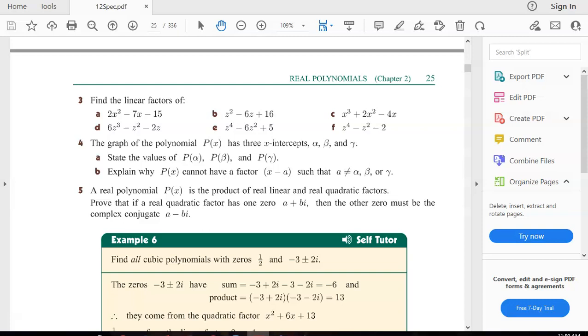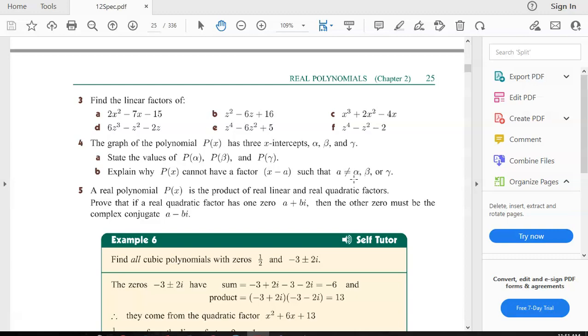And why can't this one be a factor? Because p of a is not one of the x-intercepts, right? If p of a, if x take a equals 0, that would mean a was a 0. I hate this question because I have to put my glasses on. Is it A and an alpha? Come on, use a different letter. Imagine you're writing, Ethan, it would probably look like they're the same thing.